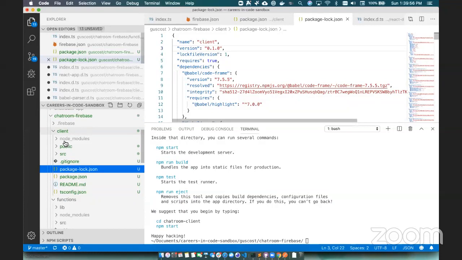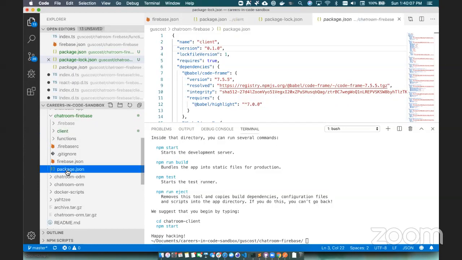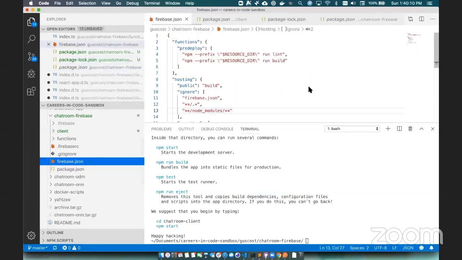because our client is going to have its own build, right? It's going to be in package JSON, nope, Firebase JSON. See, we have public is build. We're going to want to make this client build